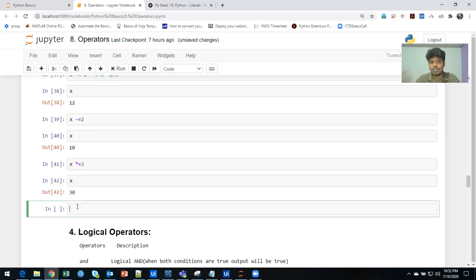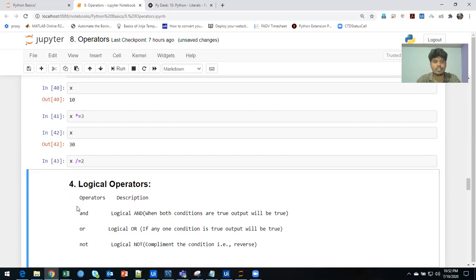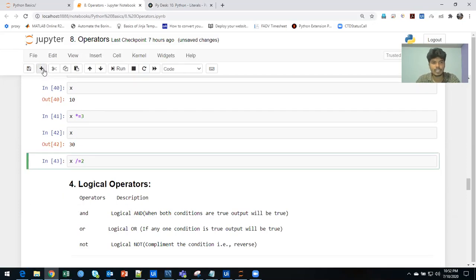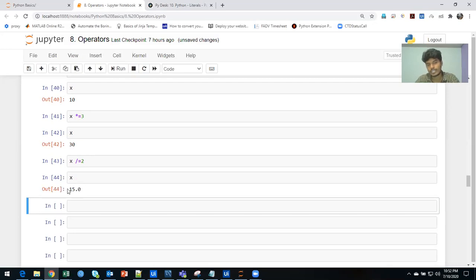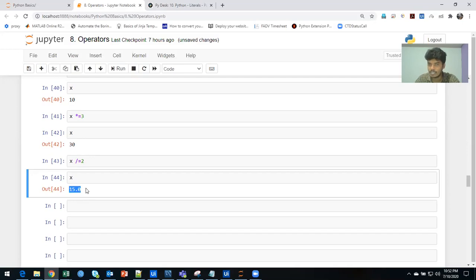Now I'm going to divide by 2, x /= 2. In that case, it is going to give 15, because 30 divided by 2 is 15. It's 15.0 because, as we saw with division, it will give you the float, the exact decimal value.